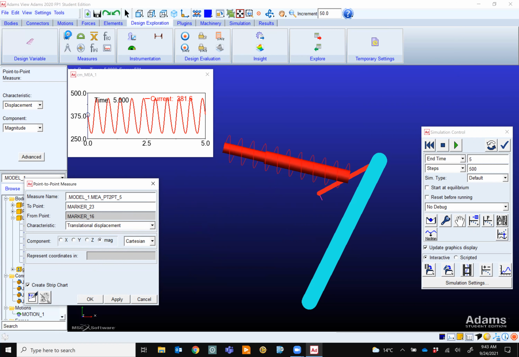So then the caliper up there gives you the choices that you have, the forces that you can measure. The one at the bottom gives you the choices if you'd like to measure a distance from one point to another point. There are other options as well, but you mainly need these two. All right, so we're done.